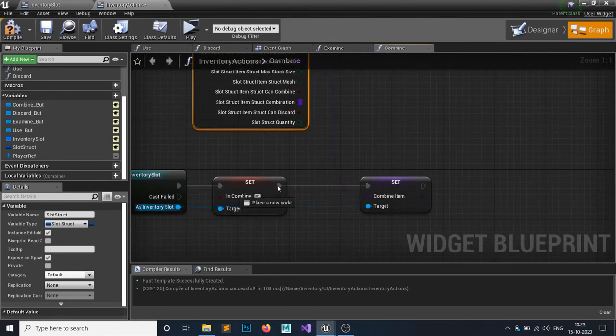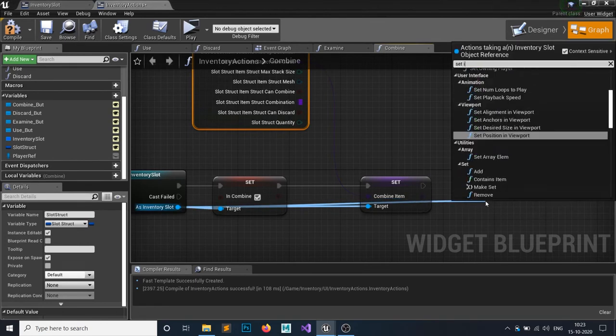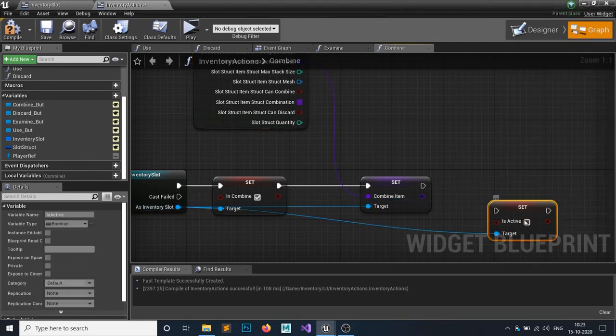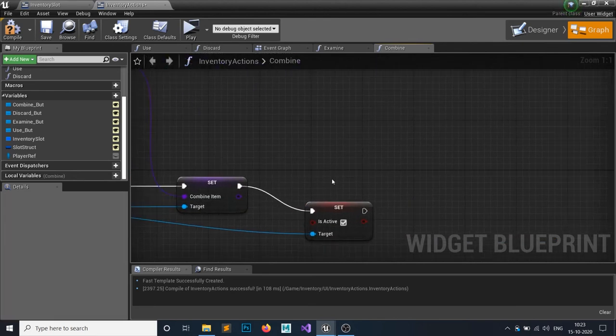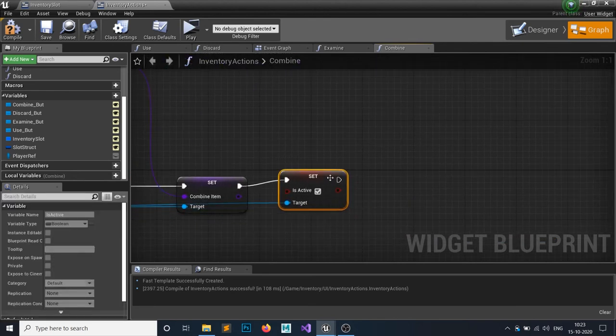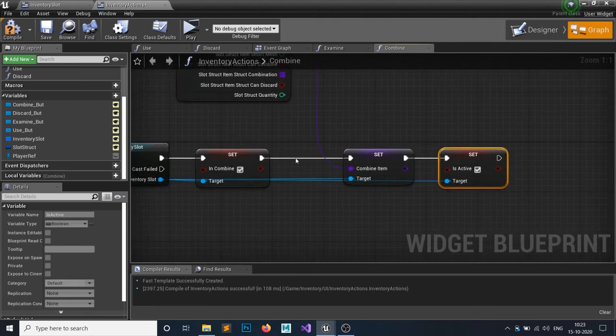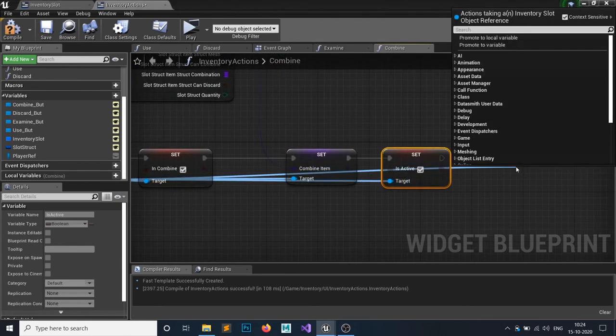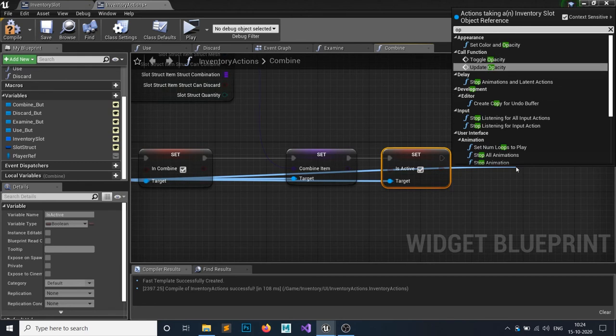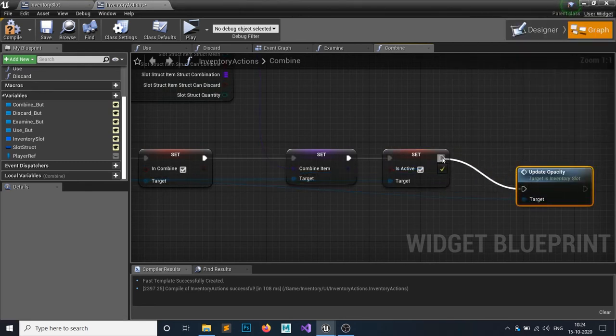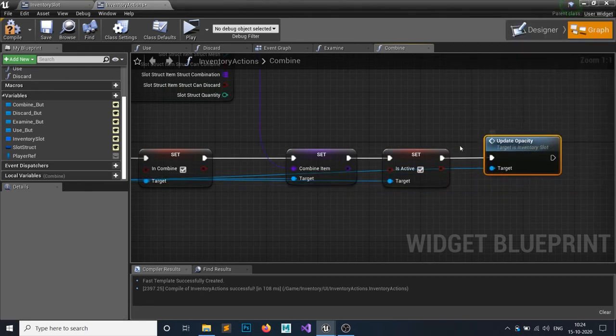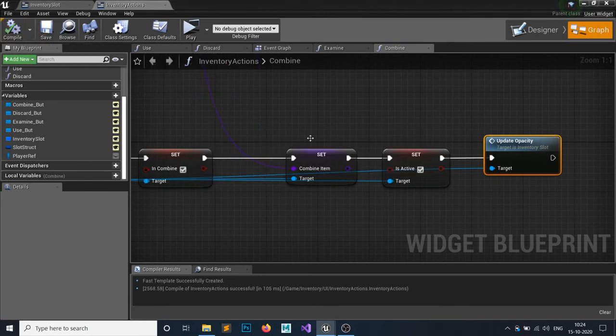We also want to set is active to true, because every single thing we want to set to true. And after that, we want to update the opacity. So update the opacity. So I think this is all the things we have done.